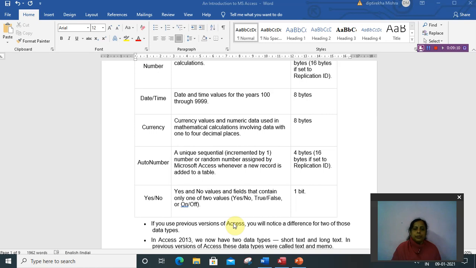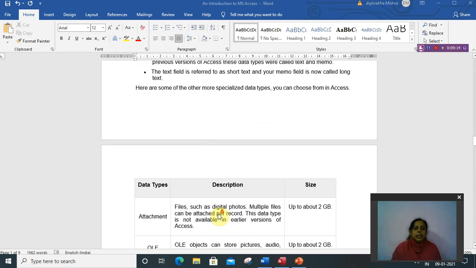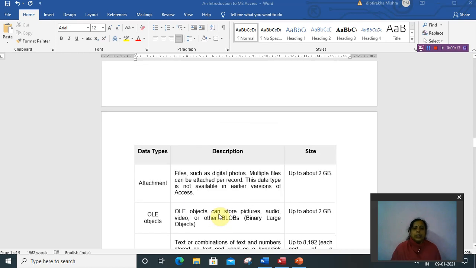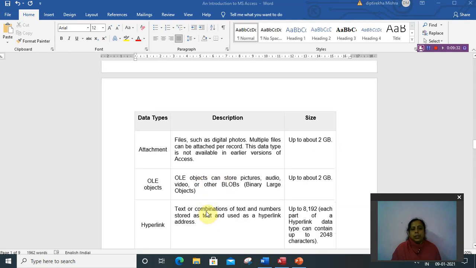Okay, and there are some new data types like attachment. In attachment, files such as digital photos, multiple files can be attached per record. Okay, and this data type is not available in earlier versions of Access. Then the next data type is OLE.